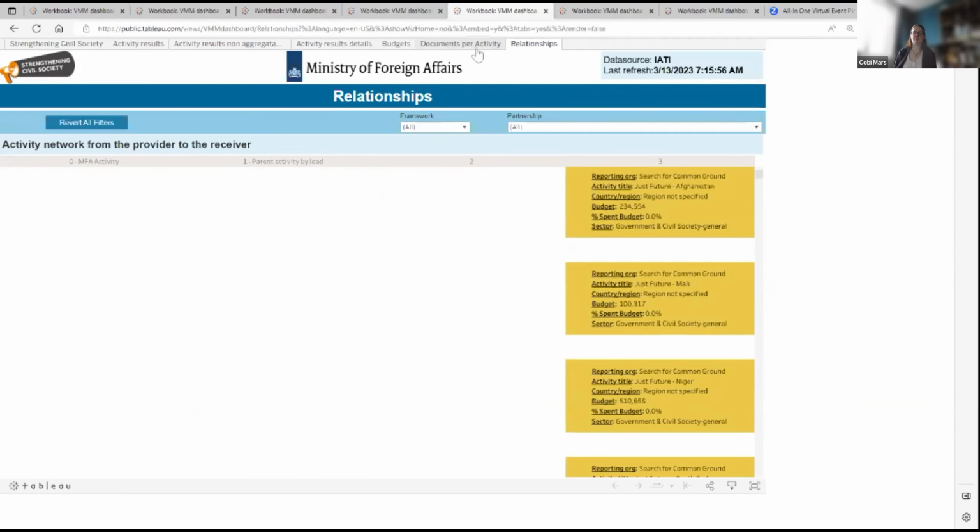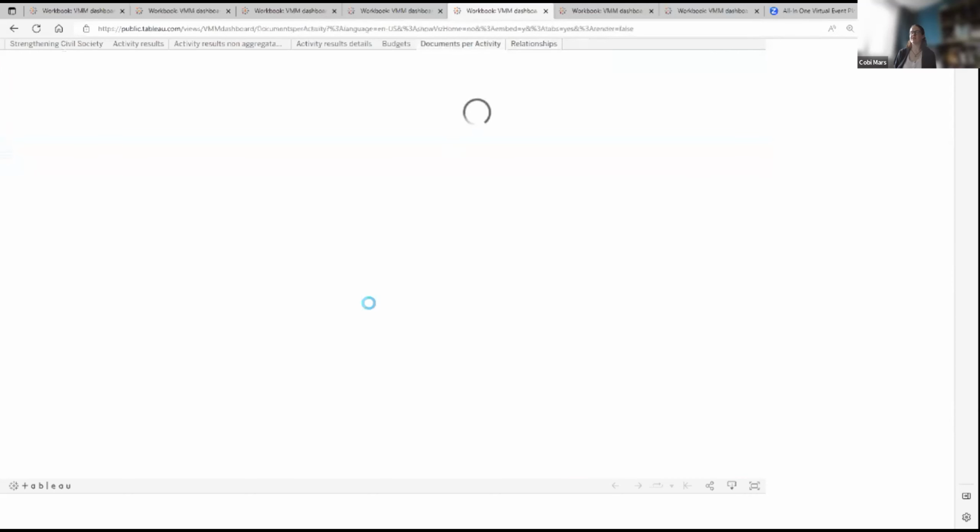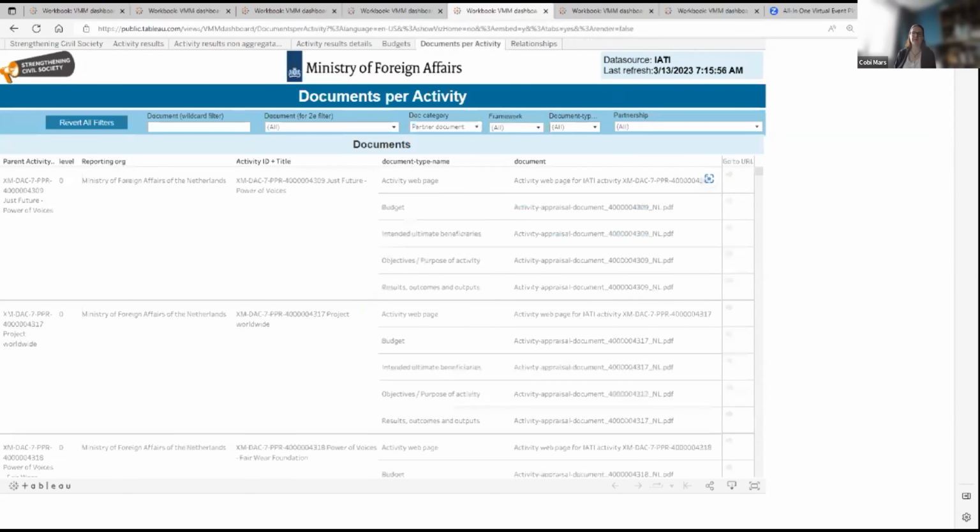Then I skip the documents one. We also ask our partnerships and partners in general to also publish documents. So for the ministry, we actually publish our public appraisal document. So if you get a program proposal, we assess this and we have a public version which is published. And then we also ask our partners to publish quite some documents. They will publish the baseline documents, they will publish annual plans, annual reports, and evaluation reports.